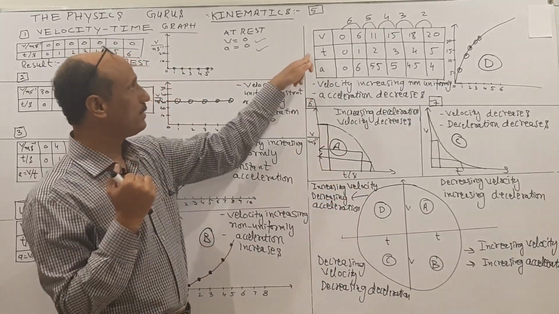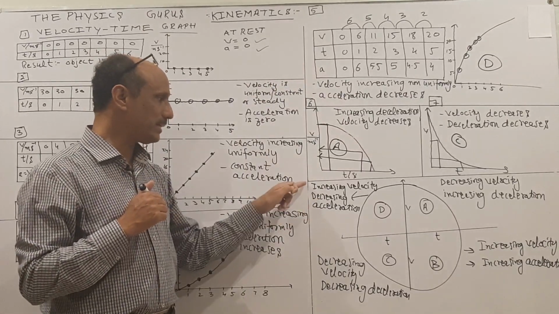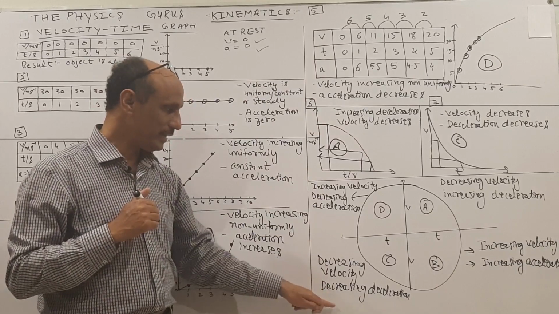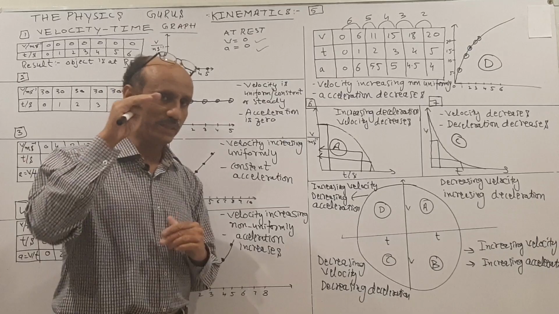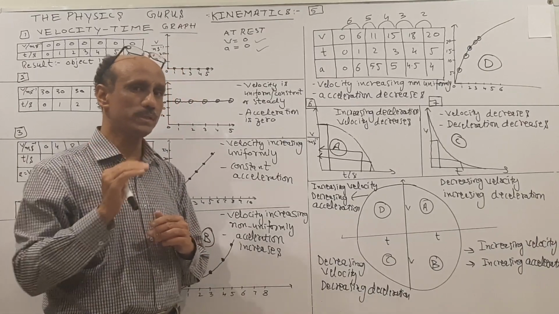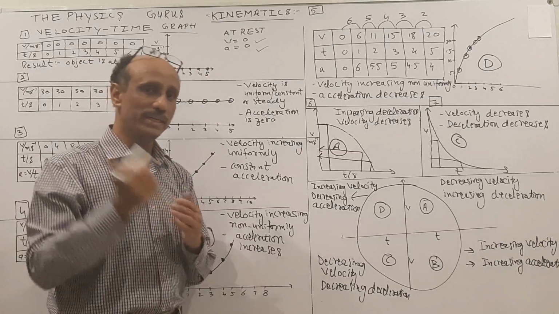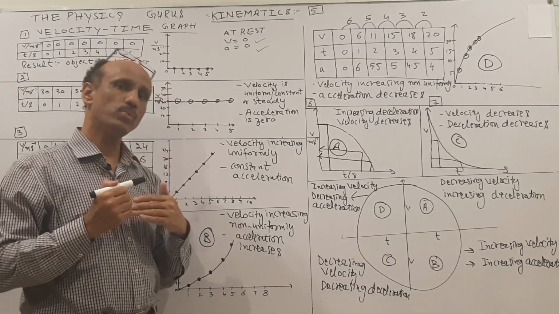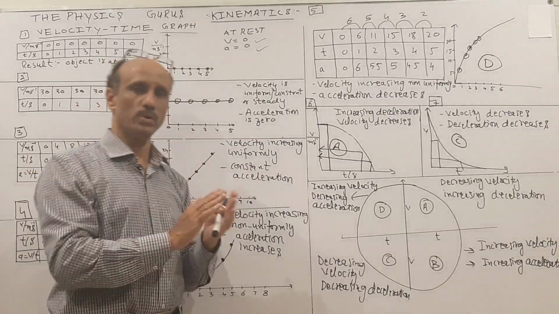For this curve, I have explained the logic in this table. So decreasing acceleration, but velocity is increasing, and decreasing velocity and decreasing deceleration. So whenever there is a change in velocity which is decreasing, we use the term deceleration. Whenever time increases and velocity increases, we use the term acceleration. So now we will go through the comparison of the distance time graph and velocity time graph.